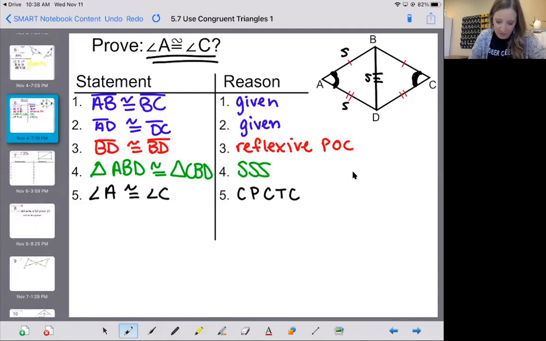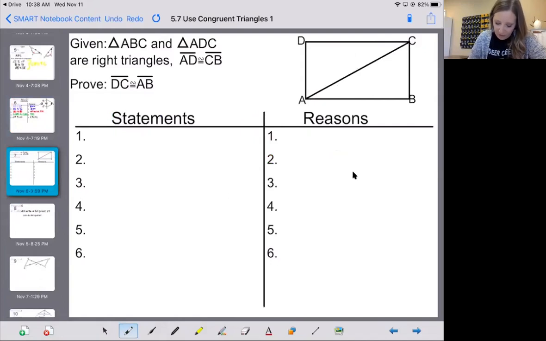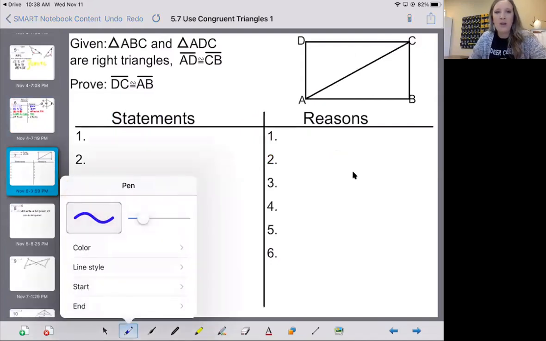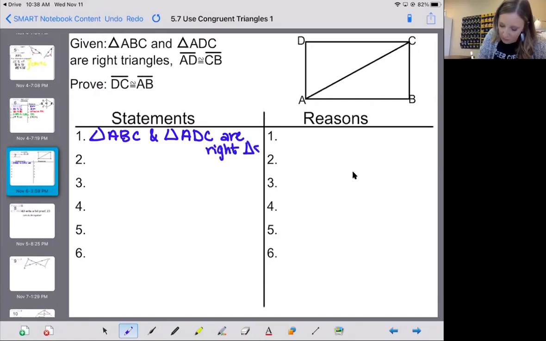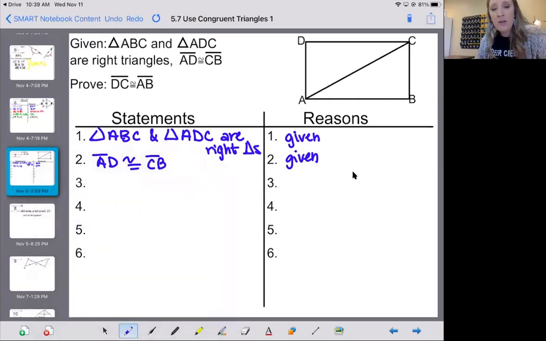All right. Number 7, or slide number 7. We have another proof. It has a given this time written out. So let's go ahead and make sure we add that to our proof. And segment AD. All right, so remember, anytime you have something given to you, you need to make sure it's marked in the